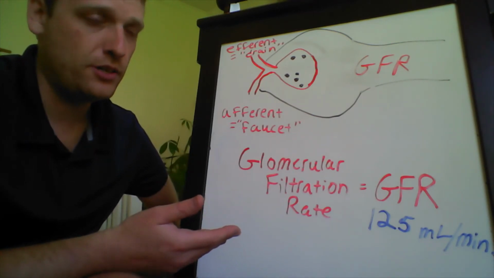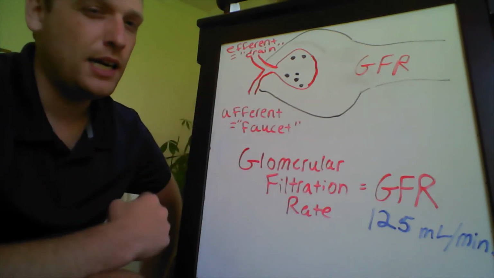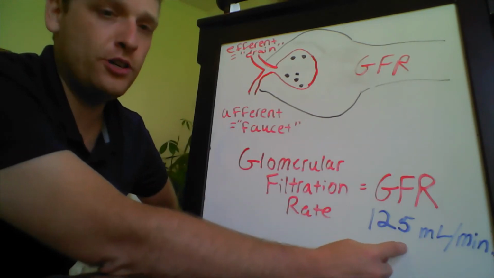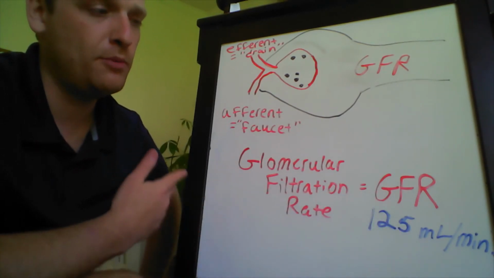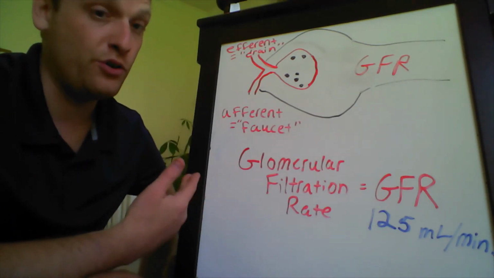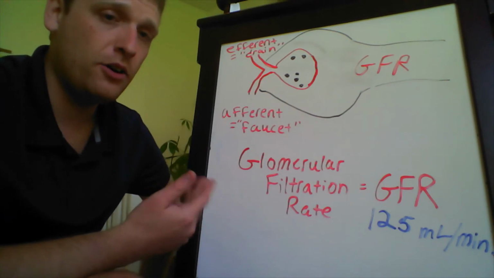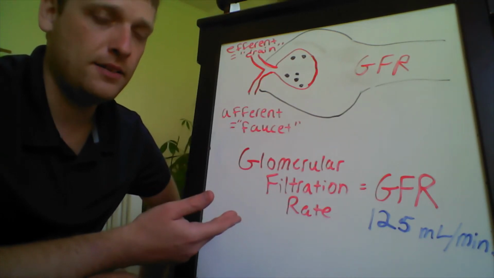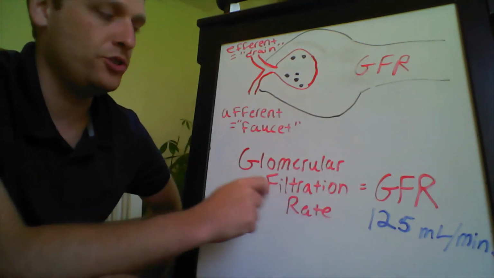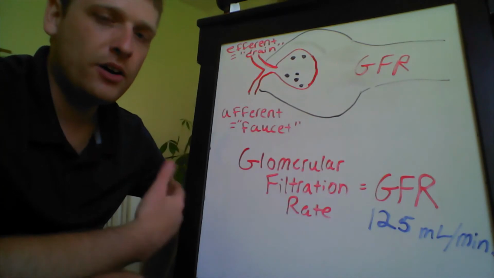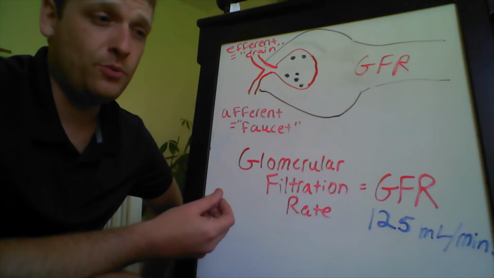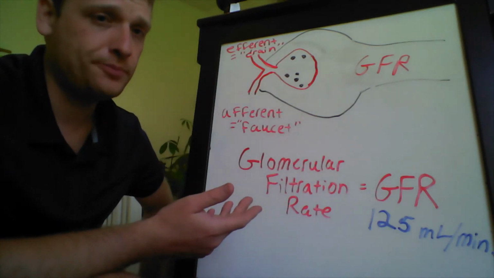The higher your blood pressure, the higher that hydrostatic pressure is. And we want to maintain a normal glomerular filtration rate of about 125 milliliters per minute. So about 1/10 of a liter per minute of filtrate is being formed under normal circumstances. And there are homeostatic mechanisms in place to keep it at this constant filtration rate of about 125 mils per minute. So how do we go about affecting the glomerular filtration rate even with surges in blood pressure? Well,